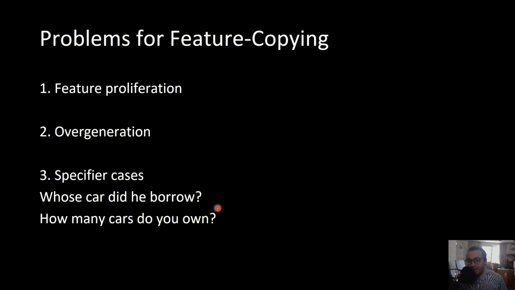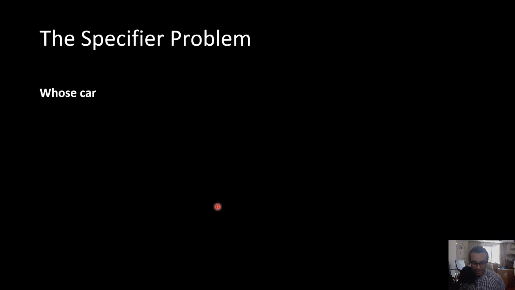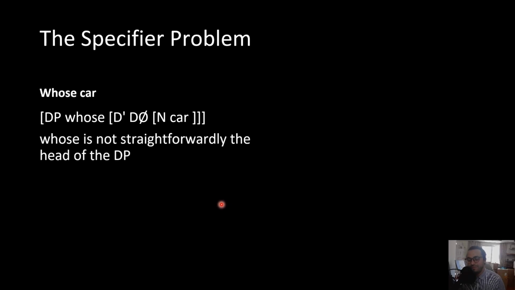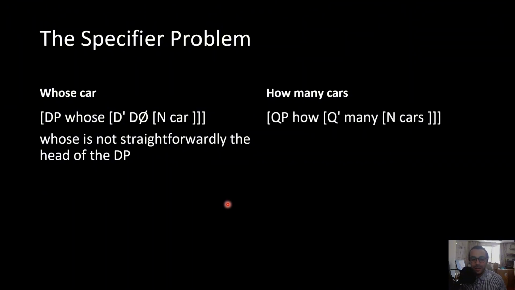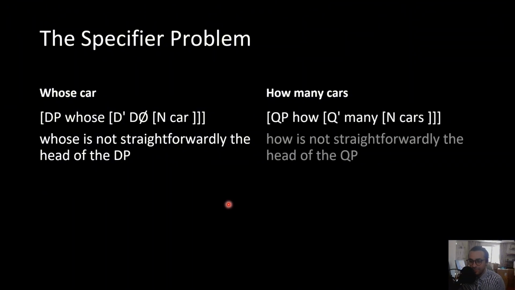And then you have specifier problems. You have WH words that occupy the specifier position, so they're not really heads able to spread their feature. They're in the specifier position. In sentences like "whose car," "whose" is obviously not a head in this case. So how do you explain that it spreads its feature? Or in another example, "how many cars?" Obviously "how many" is not the head here, so how do you explain that it's spreading its feature? So all of these three points that I've mentioned are what is used to critique this kind of proposition